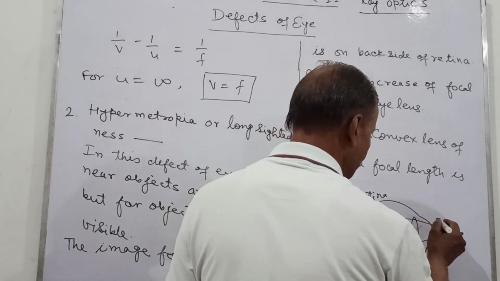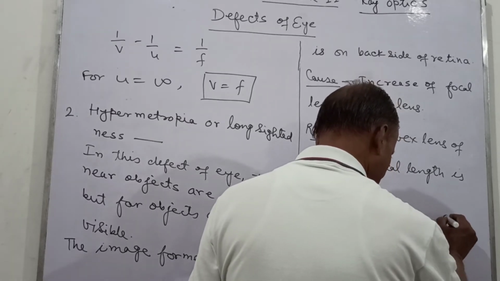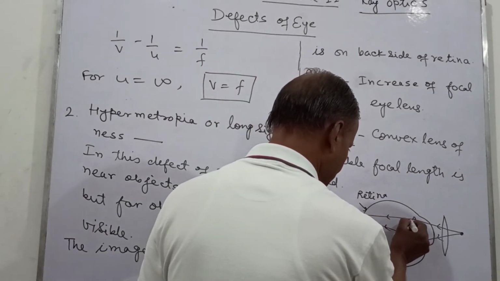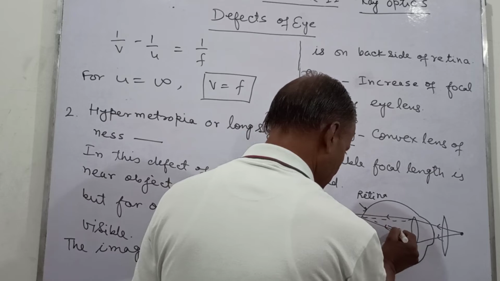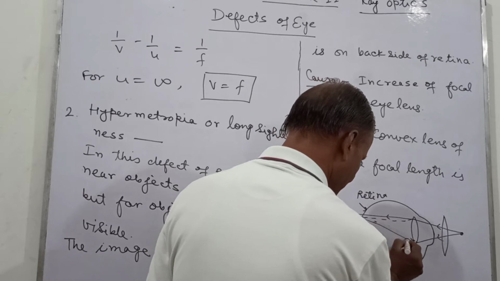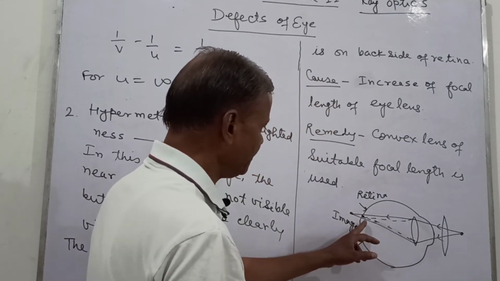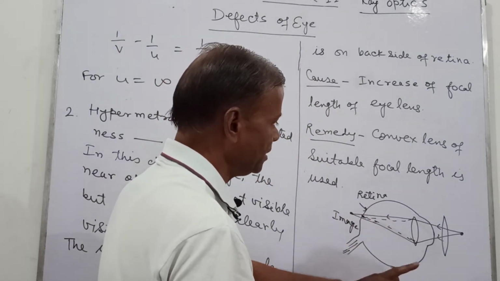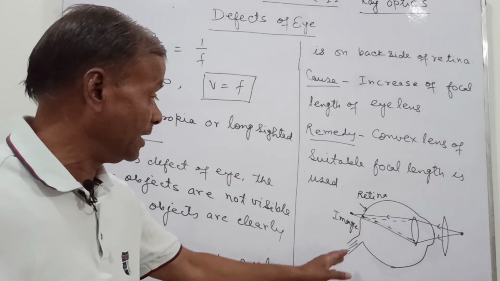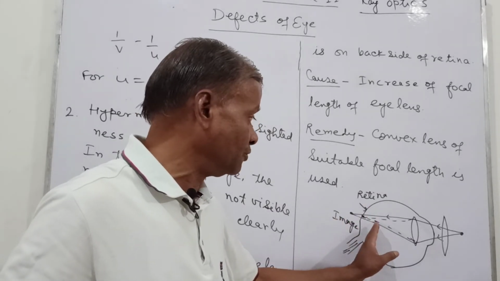तो अब इसमें हम एक सूटेबल कॉन्वेक्स लेंस यूज करते हैं. यहाँ पर if we use a convex lens like this, then this will condense to this. So this image will be formed on the retina. So now this is clearly visible. So we use the convex lens of suitable focal length. So the light rays which are being converged just on the back side of the retina will be just on the retina.